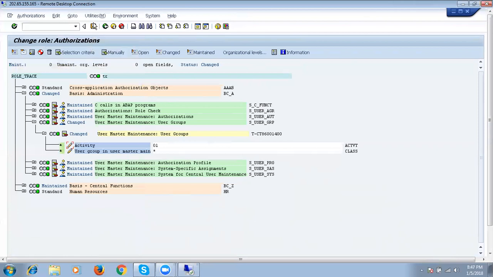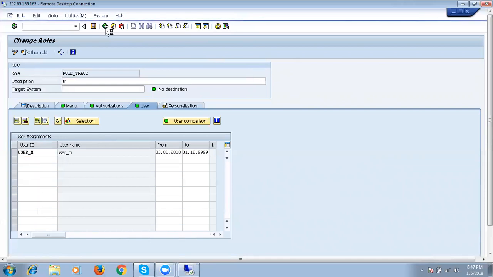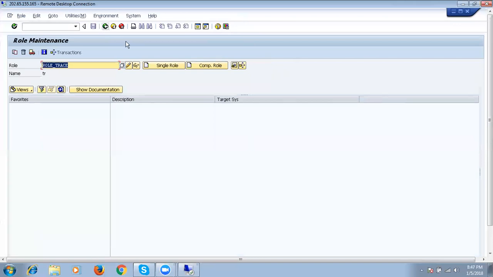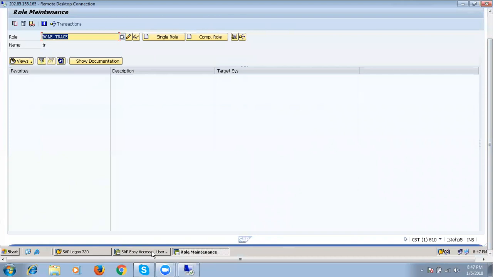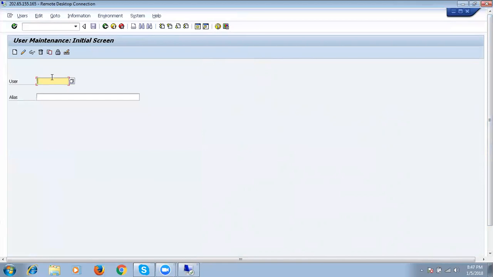So I have given only create permission. Now the user logs into the system, goes to SU01 and tries to create a user.